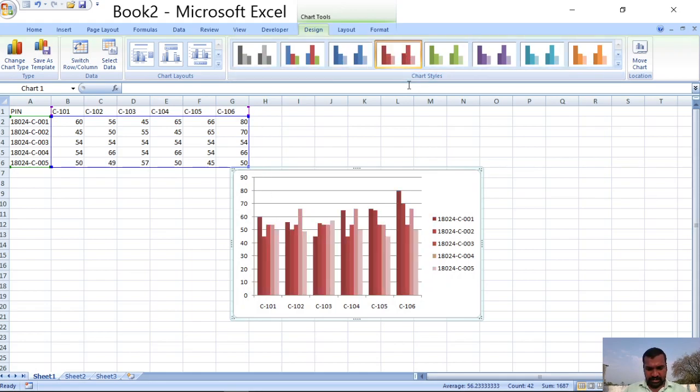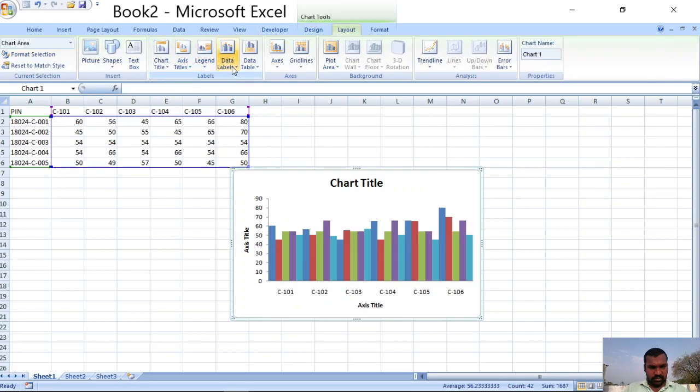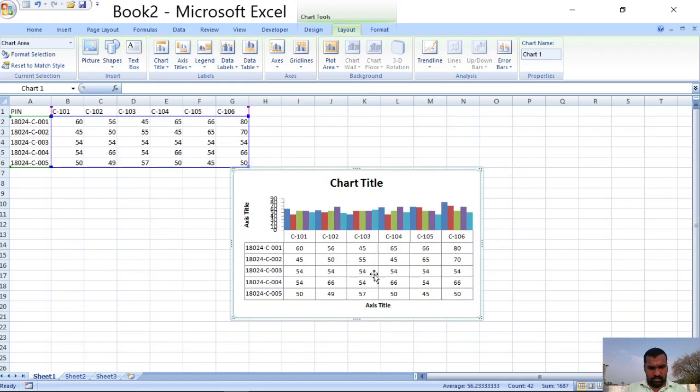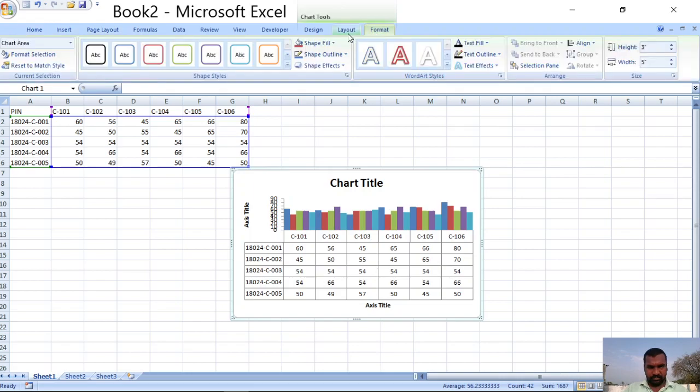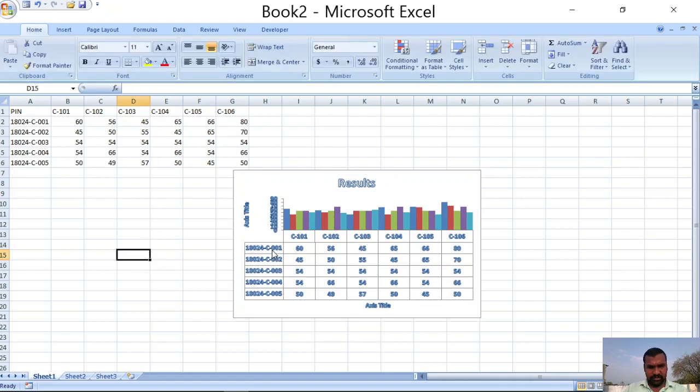So you can change the chart styles, right? So like this you can perform many things. Results, result analysis. So like this.